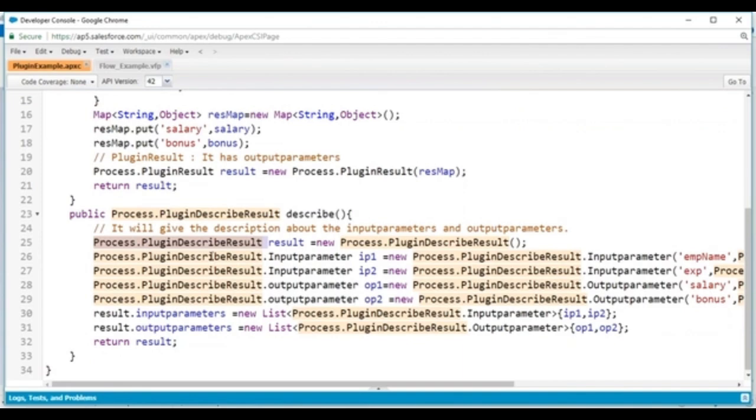So if a class implements the process.plugin interface, it has to define two methods: invoke method and describe method. Invoke method is for writing the logic. Describe method is for implementing the description about the input parameters and output parameters. Right? Are you clear? Flow is built like a flow chart. Okay, fine. Let us go to the